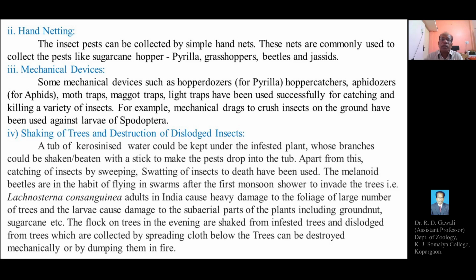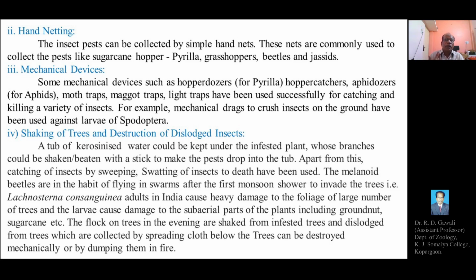to invade or infest the trees, that is Lachnosterna consanguinea adults. So these are the genus and species of the beetles. These adults cause heavy damage to the foliage, that is the leaves, of a large number of trees, and their larvae can cause damage to the subaerial parts of plants, including groundnut, sugarcane, etc. So the flock of adult beetles occurring on the trees in the form of a group, in the evening, are shaken from infested trees and dislodged from the trees, and are collected below by spreading a cloth,